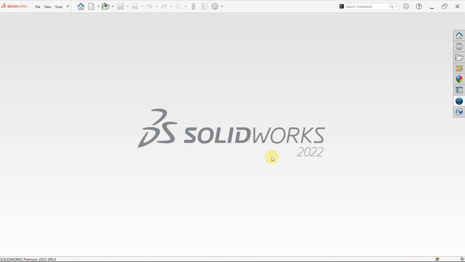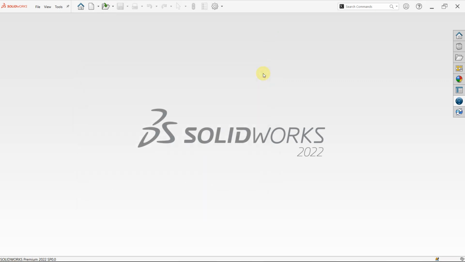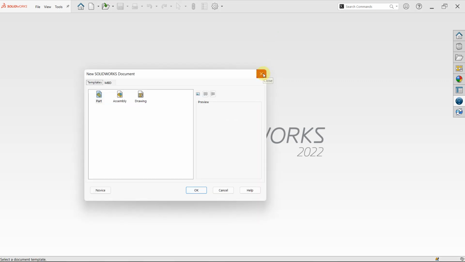To start a new drawing, come to New, click New, click Part and click OK. But before I do that, another way of doing that is just pressing Ctrl+N on your keyboard, click Part